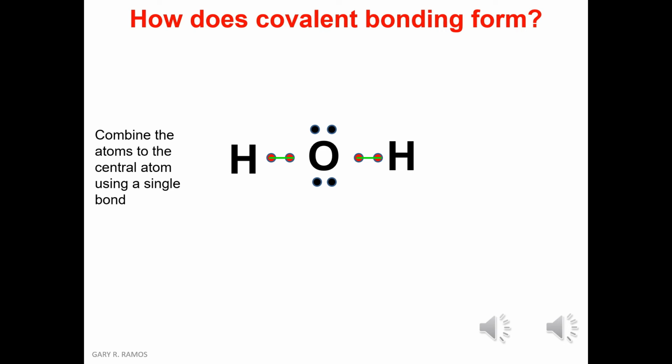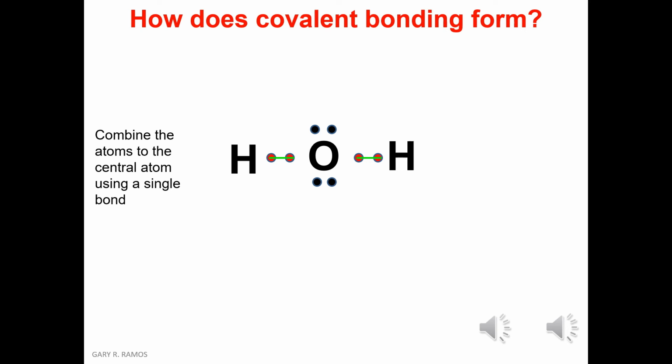For the oxygen to become stable, one of its valence electrons will be shared to the second hydrogen atom, and the second hydrogen atom will share its valence electron to the oxygen. The total number of valence electrons in oxygen would be 8, which is said to be stable. And for the second hydrogen, there are two valence electrons, and the second hydrogen would also be stable.